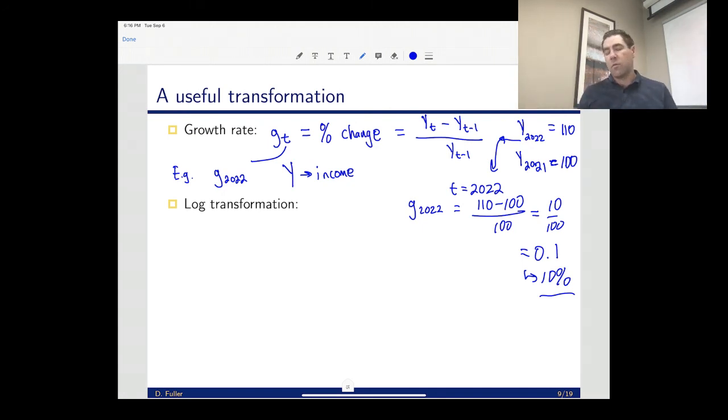Now that's fine, right? You've all done growth rates before. You know how to calculate the percent change in a variable. That's not going to cause anybody problems, and I wouldn't expect it to. Now there's a neat trick: if you transform your data at the beginning using this trick, it makes calculating the growth rates quite a bit easier. So I'm going to come back in the next video and we'll talk about how we can approximate the growth rate using a nifty trick called the log